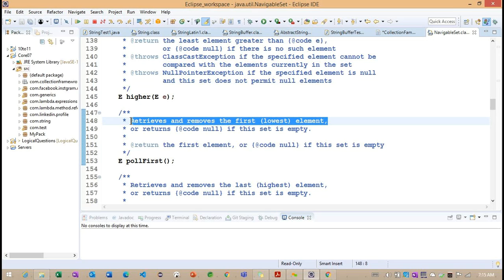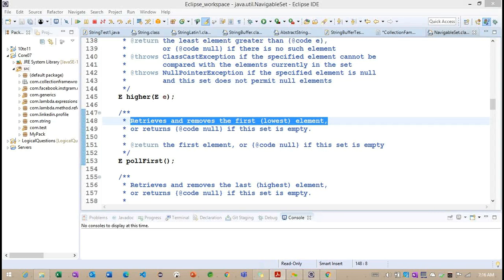So first it will try to remove the element from the navigable set, find the lowest element, and that lowest element is removed from the navigable set object. This is the purpose of pollFirst here.